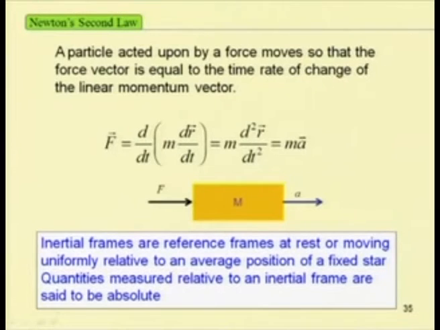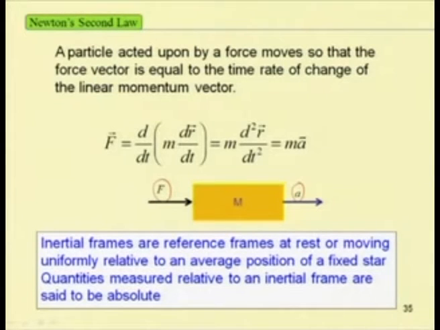Today in class we are going to study Newton's second law and D'Alembert's principle, and we will apply them to different systems. According to Newton's second law, a particle acted upon by a force moves so that the force vector is equal to the time rate of change of linear momentum vector. Let this mass m be acted upon by an external force F, and an acceleration a is produced in the system. According to this second law, F will be equal to